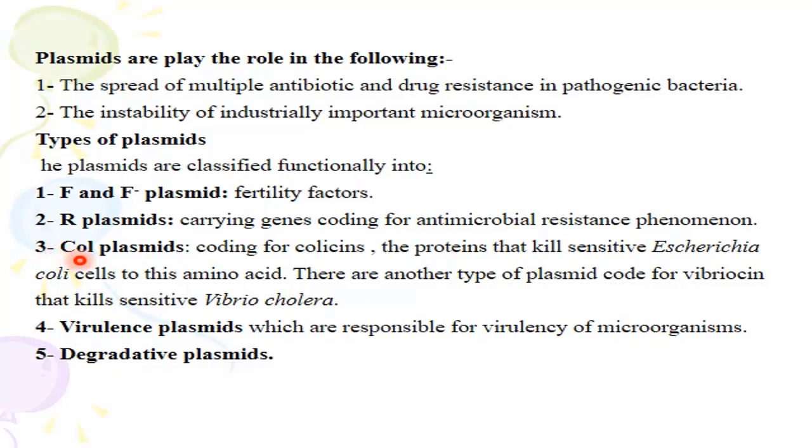The third one is the colicin plasmid, which codes for colicin, the protein that kills sensitive Escherichia coli. While the other type, from its name, kills sensitive Vibrio cholerae. The fourth type is the virulence plasmid, which is responsible for the virulence of the microorganism. And the fifth type is the degradative plasmid, which is responsible for the degradation of